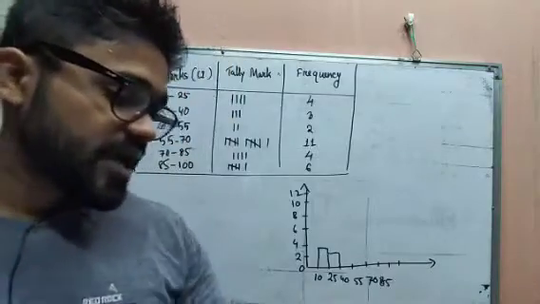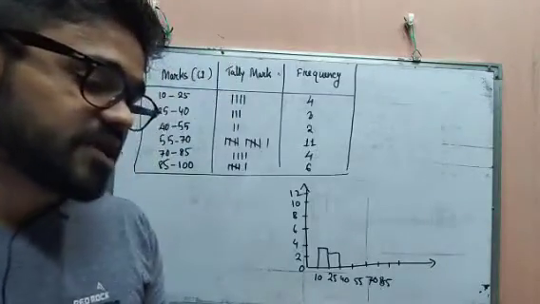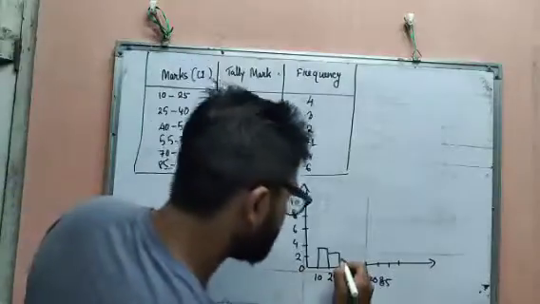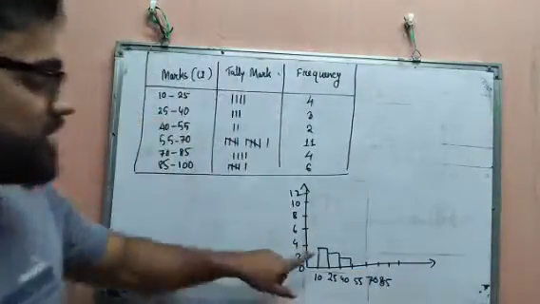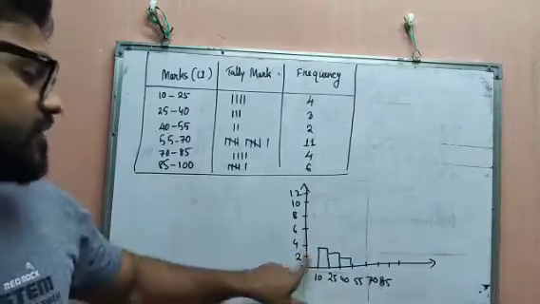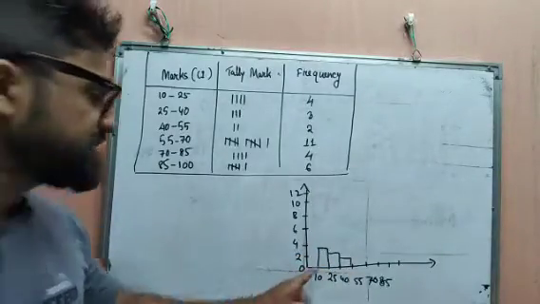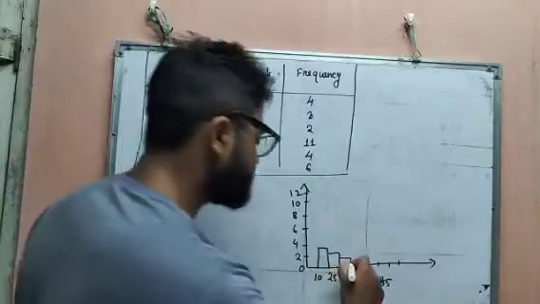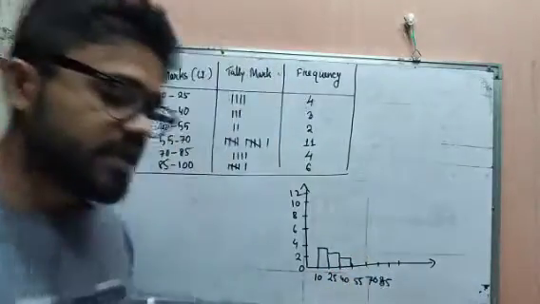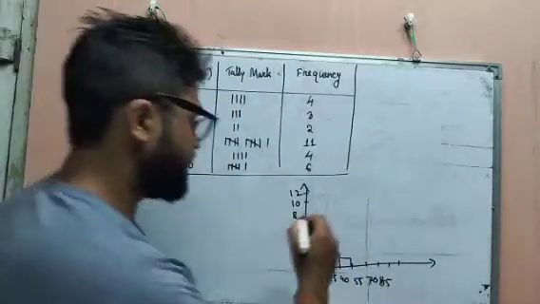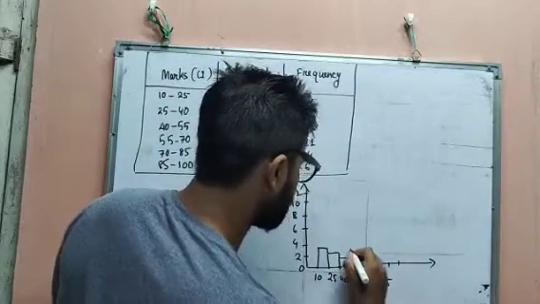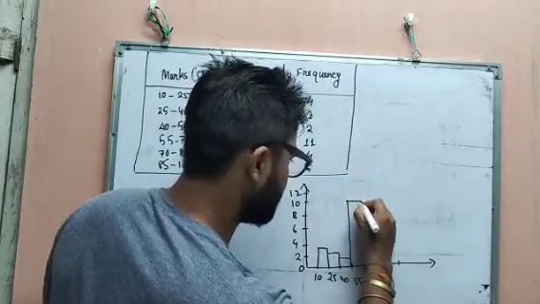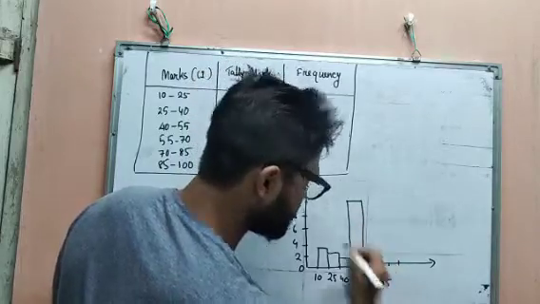Then again we have 40 to 55. Here it is 2. So you have to see whether it is horizontally matching or not. So 2 against 2, you have to draw this. Okay. The next one we have is 11. So it is very huge. So here 10 and here it is 11. So you have to draw the graph between 10 and 12 and simply draw the line.